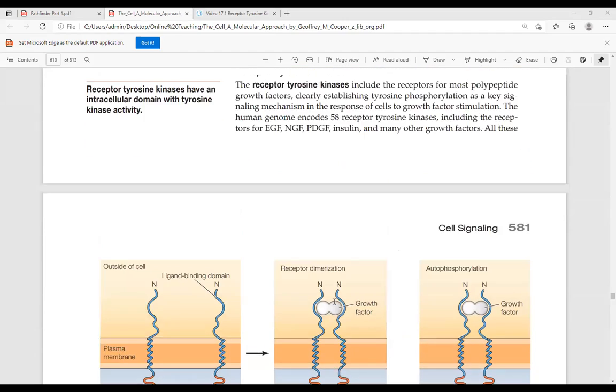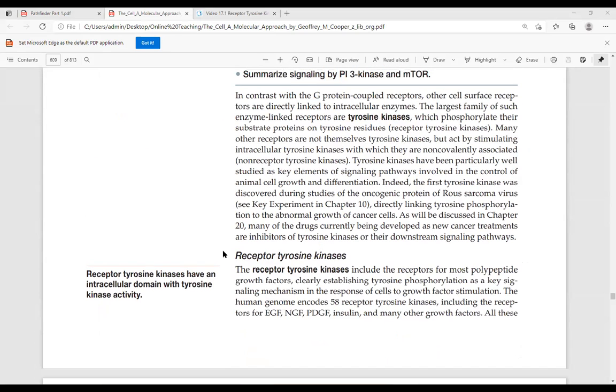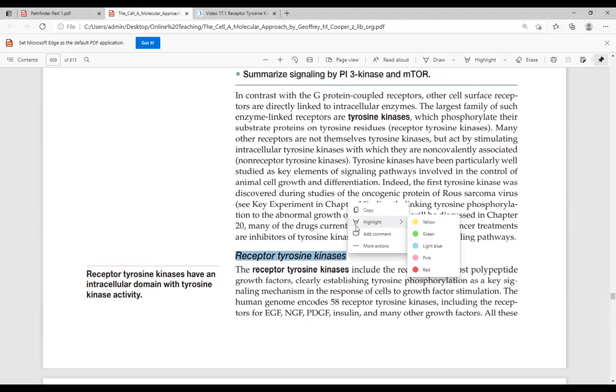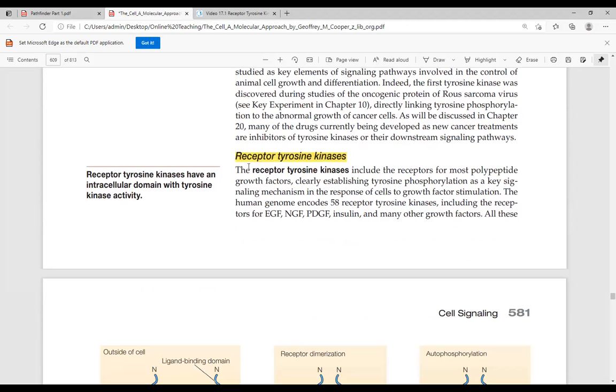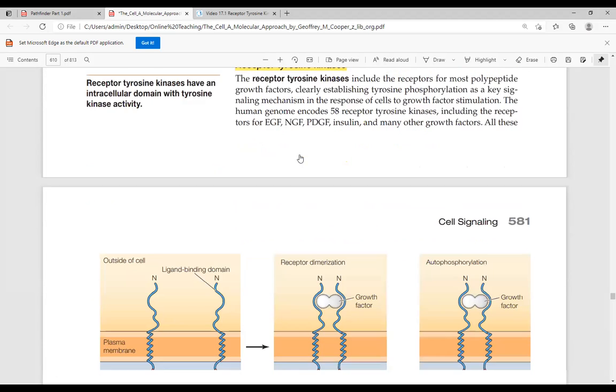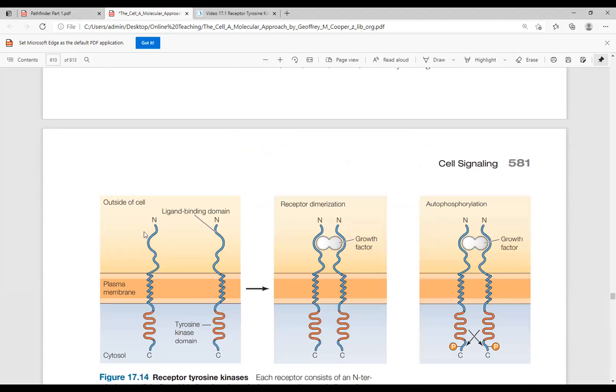Firstly, we must differentiate that the receptor tyrosine kinase is another receptor as compared to the GPCR. You know that GPCR was a type of receptor which was present over the cell surface. It was always present in the form of a receptor. Whereas receptor tyrosine kinase, these receptors have their transmembrane domains arranged within the cell. But these receptors are never present as such over the cell surface. Only when the signal comes, when the signal arises.